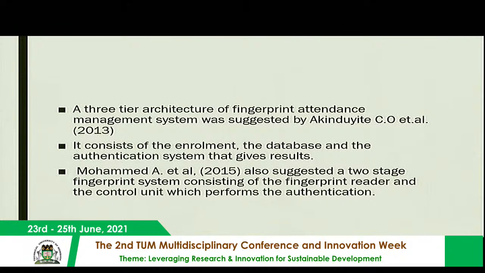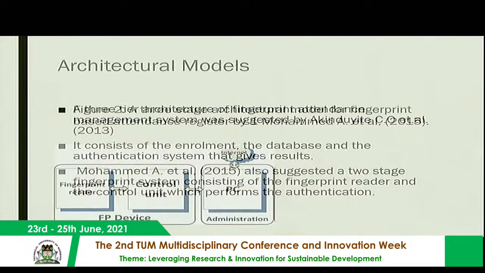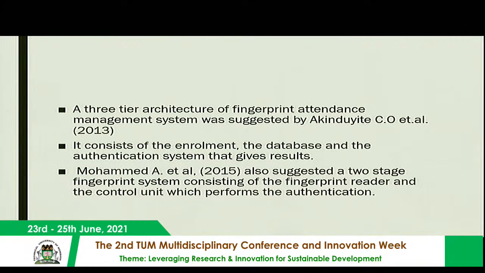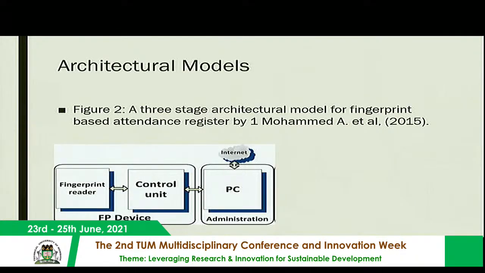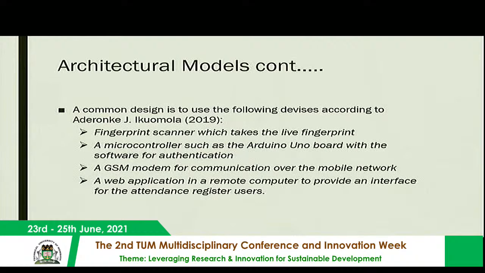Akinduikte has suggested a 3-tier architecture, which consists of enrollment, database, and authentication system. And many others have also suggested. This is the structure. We have the fingerprint reader, and the control unit, then the PC. So these are like a 3-tier or 3-stage model. Next. Another model has been suggested by,